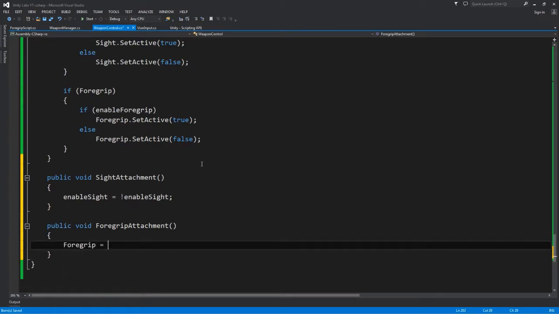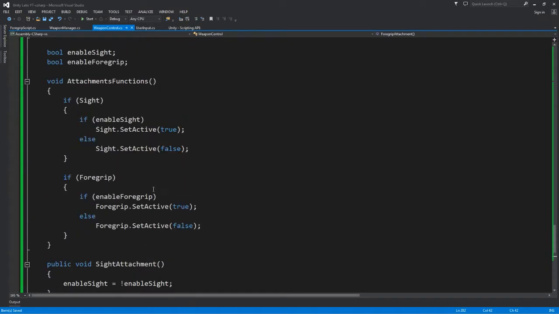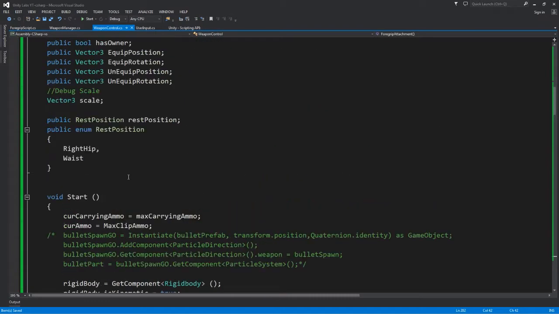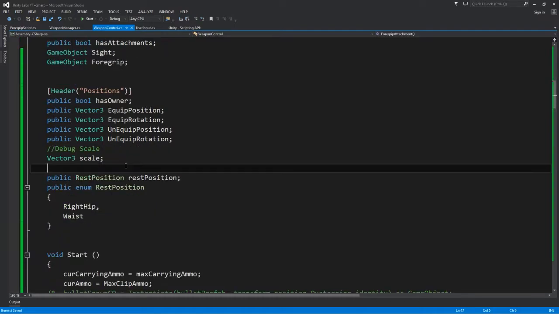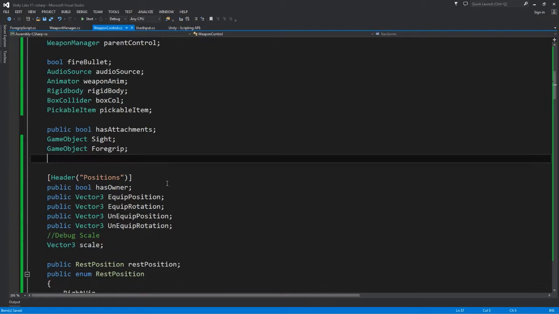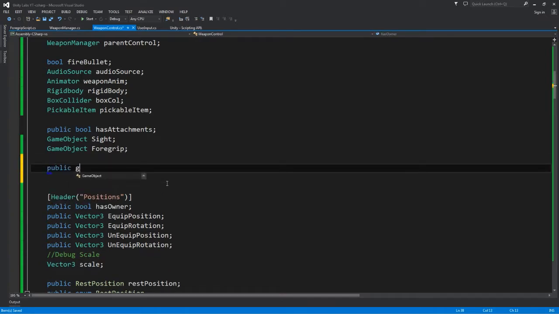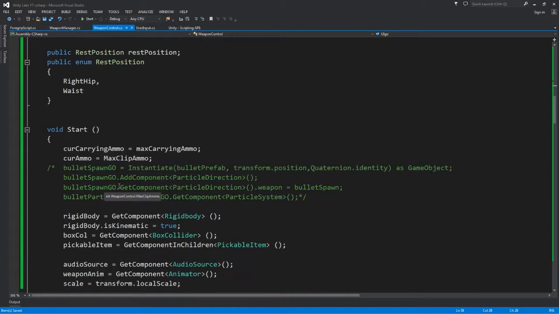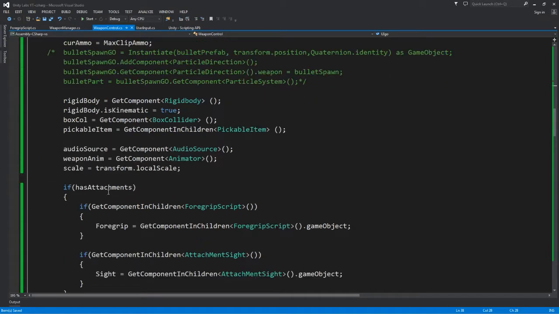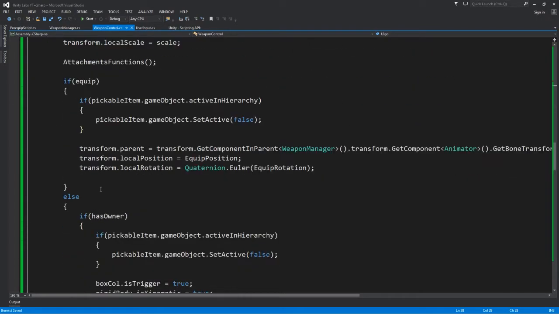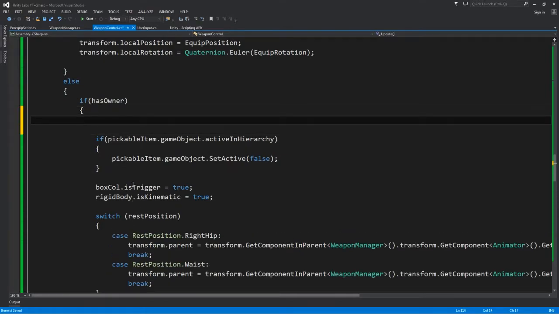And now, because of course there are going to be a lot of weapons in the scene, let's make another public game object, and we will call it UI geo. What we'll do, let's go if so. Now if we have an owner, maybe let's make it so that we have another bool that we know it's used by player,